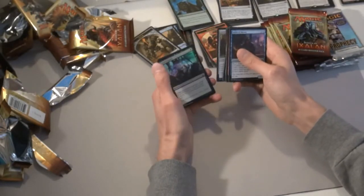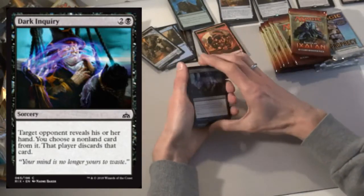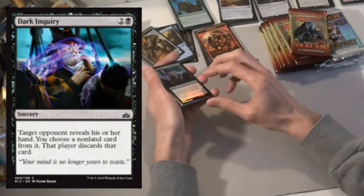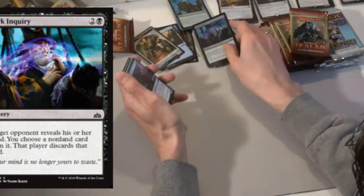That's high value. And another foil. That's good. Doesn't really matter if it's a common because we want to have these foils to see if they are banned. Well, before we continue to the Belgian packs,